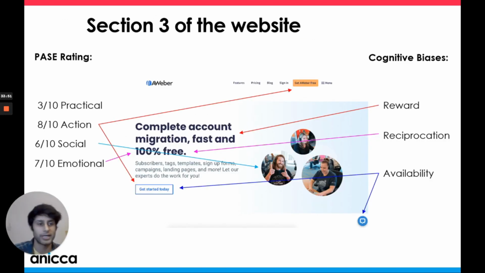Section 3 of the website. So the cognitive biases are, as we've previously seen, reward, which is right in front of you. You have reciprocation, free, availability, call to action, and that chat bar over there. Practical, there's not much information, 3 out of 10. Action, 8 out of 10, because you've got a call to action at the top as well, and then you also have "complete account migration, fast, and 100% free", which suits the urgency of somebody who